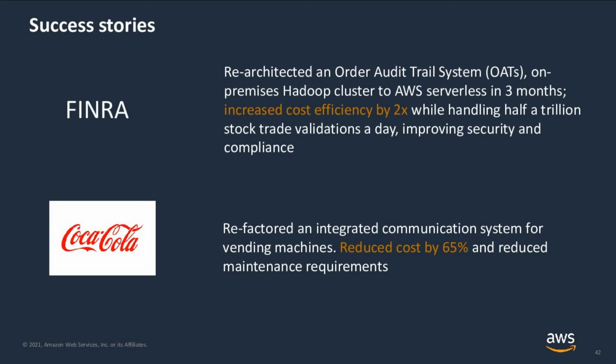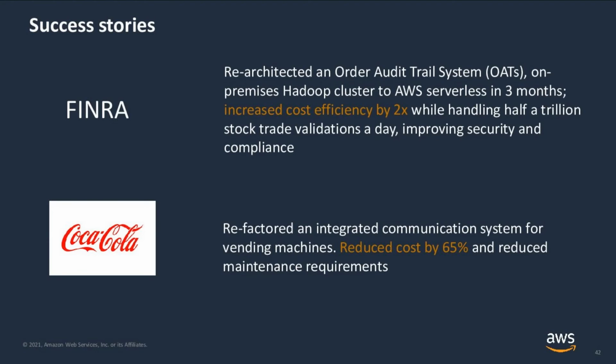Finra wanted to move off their on-premises Hadoop cluster to AWS because it was an operational overhead. It only ran in batches and couldn't scale easily. It was also idle 50% of the time. Using serverless building blocks like AWS Lambda, S3, and SQS, Finra developed a serverless stock trade validation system in only 3